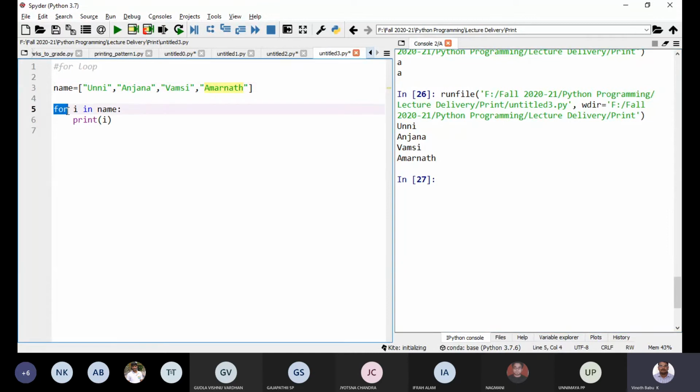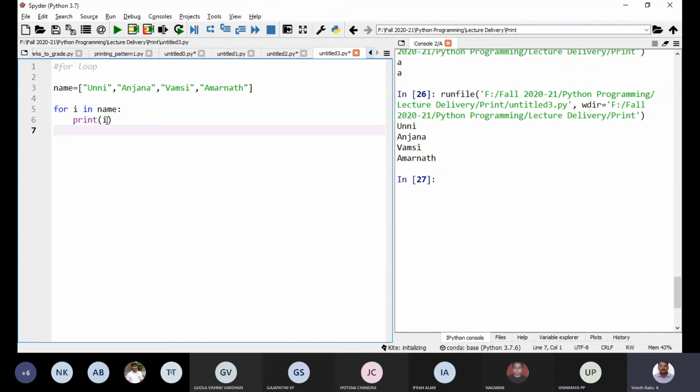For, then some indexing variable, then the in membership operator, then what is the identifier name? Suppose you want to do some other thing for each and every item.